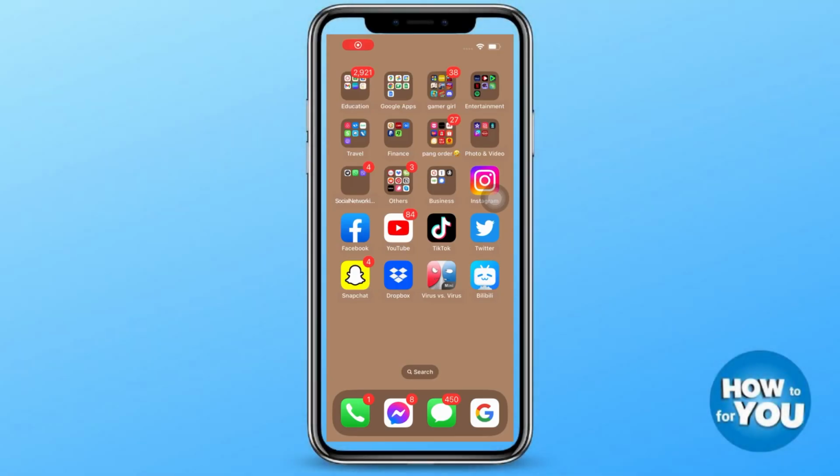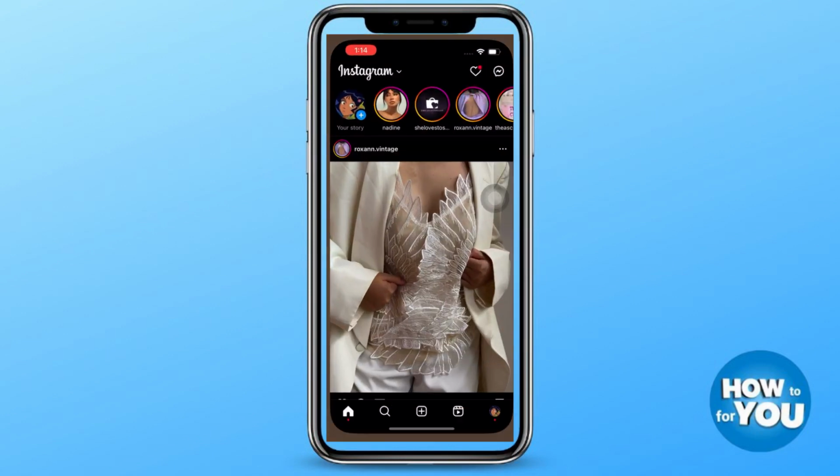Everyone, for today's video I will be teaching you how you can change chat theme on Instagram. First step, make sure that your Instagram account or application is up to date. Once you've ensured that there are no updates available for your Instagram application, you can now open your Instagram app